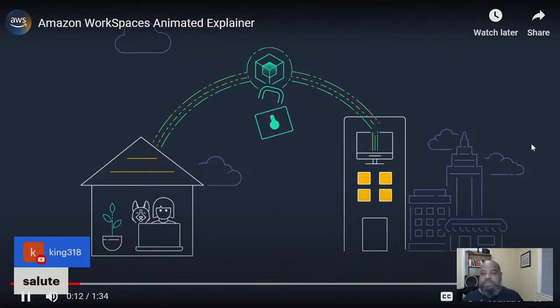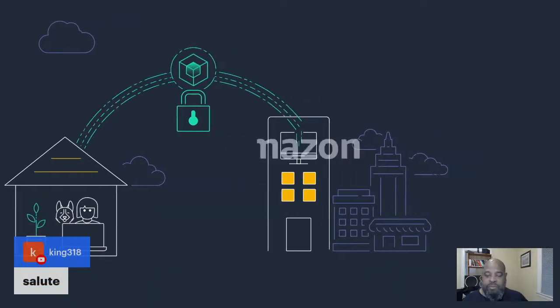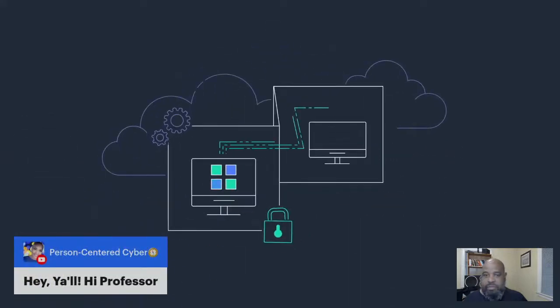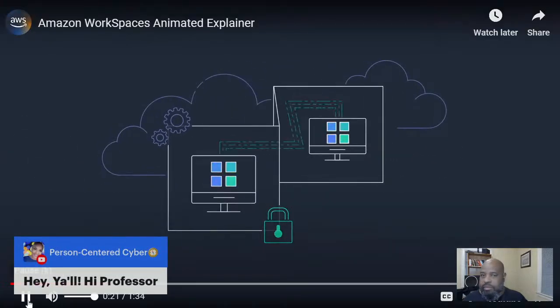To their desktops and applications. Customers are enabling this access with Amazon Workspaces, a managed, secure, desktop-as-a-service solution. You can provision